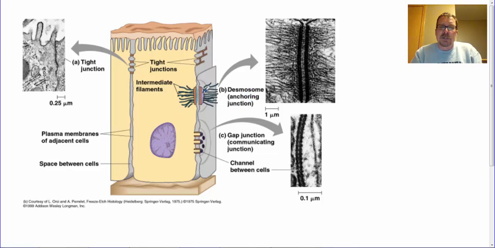Sometimes they just need anchoring, like muscle cells. Don't need a tight junction. This would be more like, say, epithelial cells. But, say, muscle cells need more like these rivets, these desmosomes that anchor, and you can think of them as rivets all along, holding the muscle cells together, but they don't need to adhere tightly. Okay? So anyhow, that is a quick review of cells and their parts and structure and functions and the things that hold them together. Our next video will discuss transport in the plasma membrane and how to that